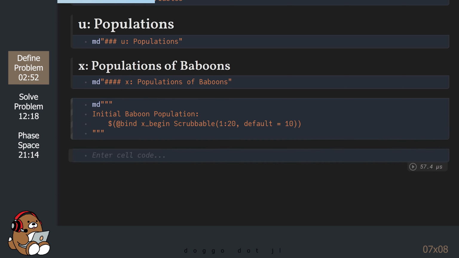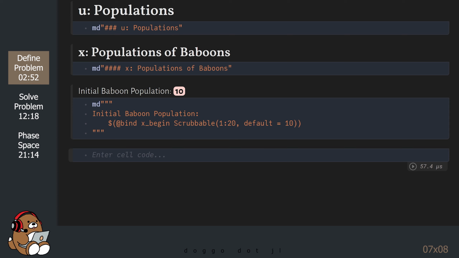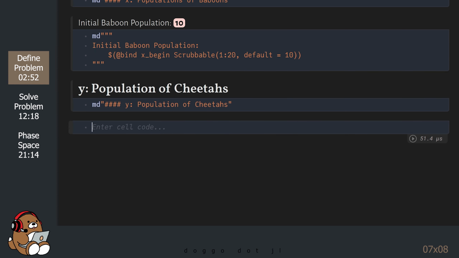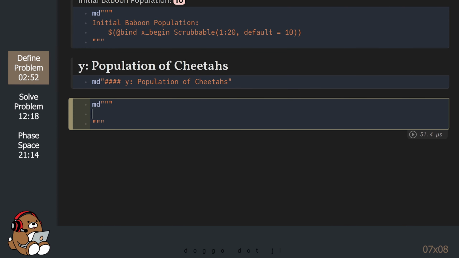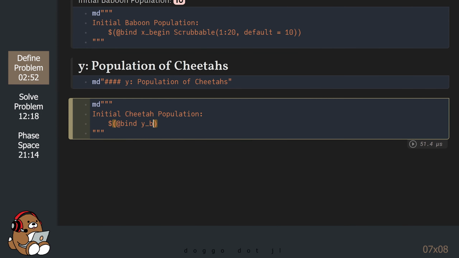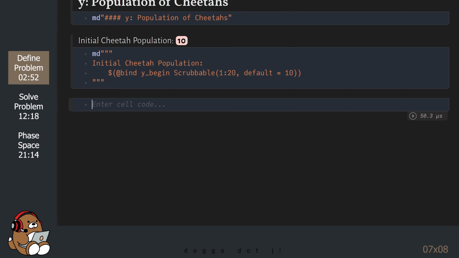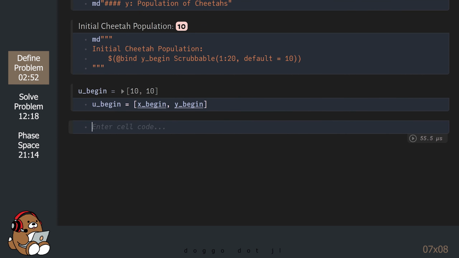All of the default values that I'm using come from the Wikipedia article. y is the population of cheetahs, or the predators. For the initial population, let's bind the variable y_begin to a scrubbable widget as well. Now that we have the initial populations, we need to place the values inside of a vector.